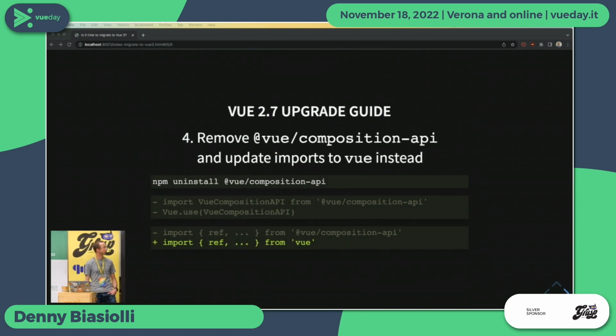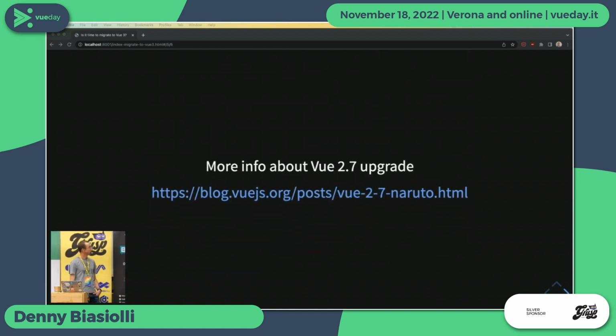And then you can remove Vue Composition API, if you already used it, because it's kind of included in Vue 2.7. Please remember to remove it from test files and everywhere, and just import everything from Vue.js, from the Vue dependency. If you need more information about the Vue 2.7 upgrade, you can read the official blog post,